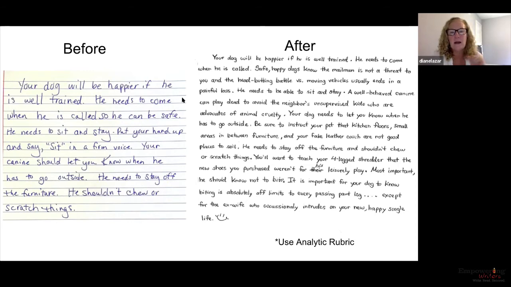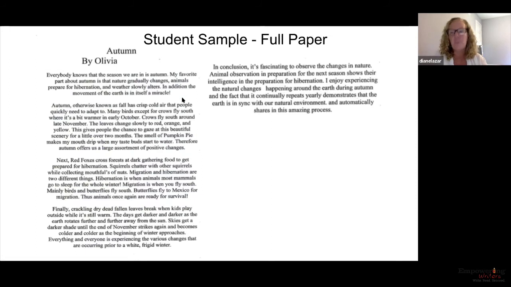All right, so Dave, I'm going to pass it to you to take a look at the full paper now. Sure. So this is an autumn piece, and here's what I want all of you to do. I want you to listen as I read this, because part of the challenge for us as teachers is to look at a paper and say, what would I work on? What would make a difference in this piece? And we actually chose this piece because it's pretty well written. But we want you to see that always, regardless of how it's presented, there's always things we can be working on.